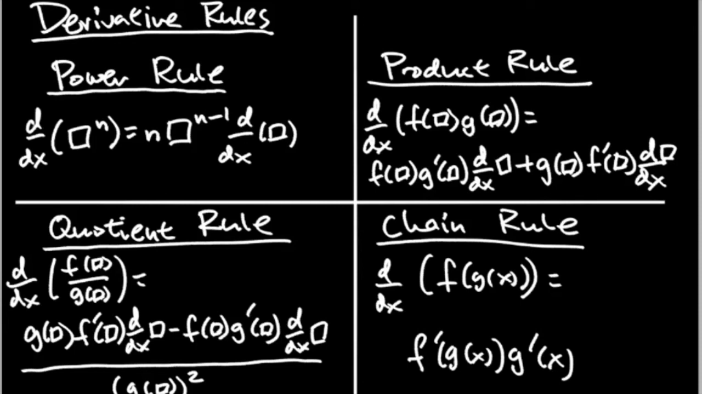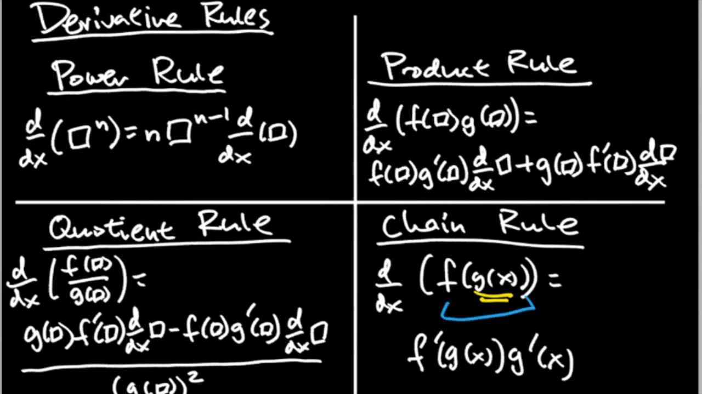Alright, so here we have the basic rules: power rule, product rule, quotient rule, chain rule. So you see boxes here. I'll explain those by first going over the chain rule. So got a function and a function like that. When you take the derivative of that,